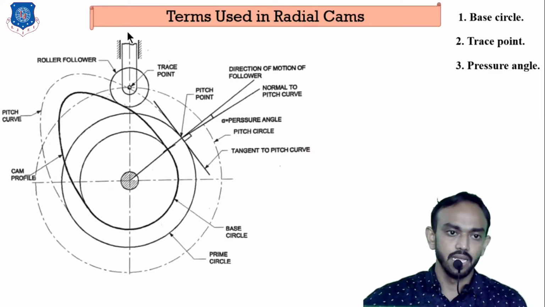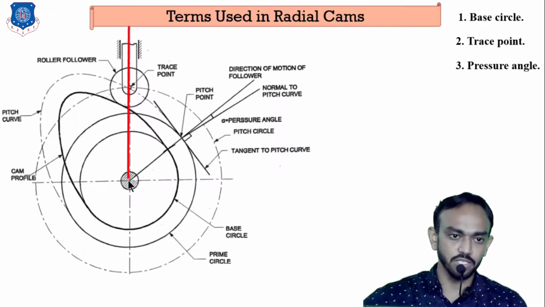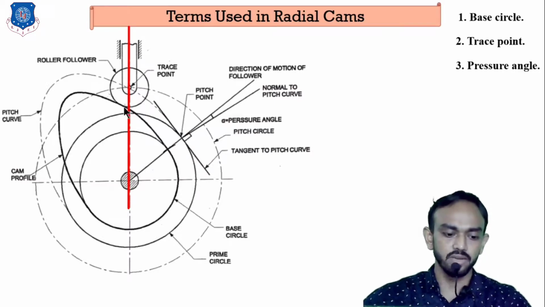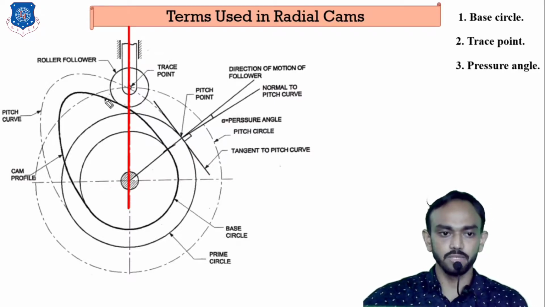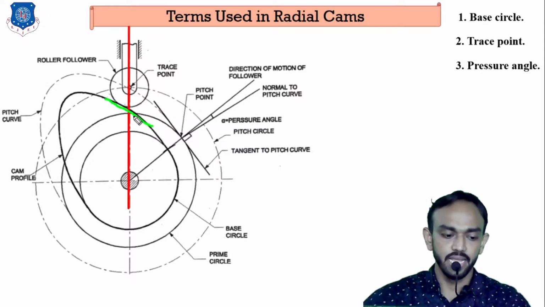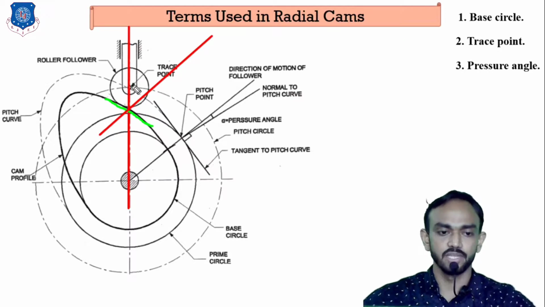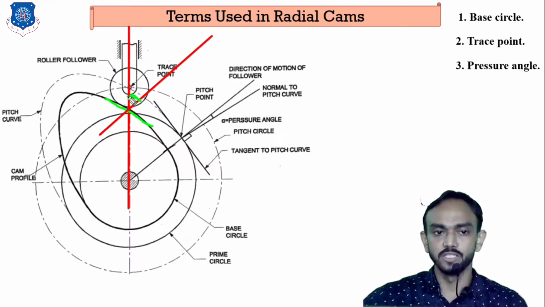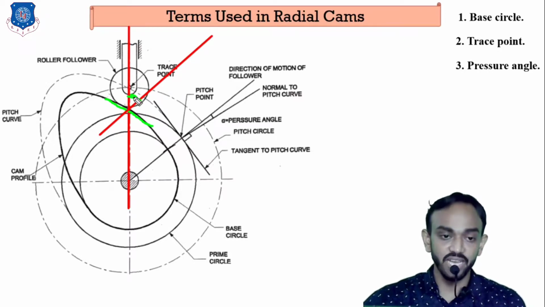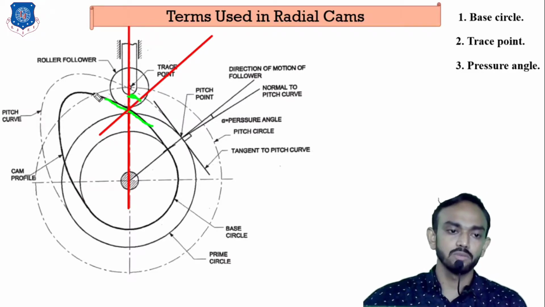In this, consider the line of action of this follower moving in this direction, and the surface I am talking about is this surface here, and if I make a normal at this point, normal meaning perpendicular to that surface, then this angle